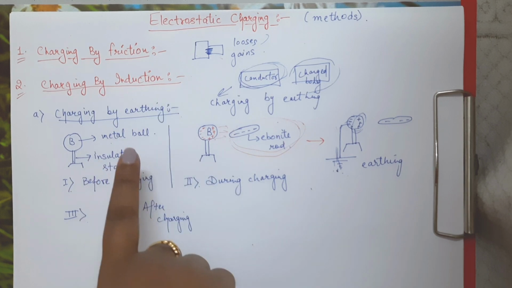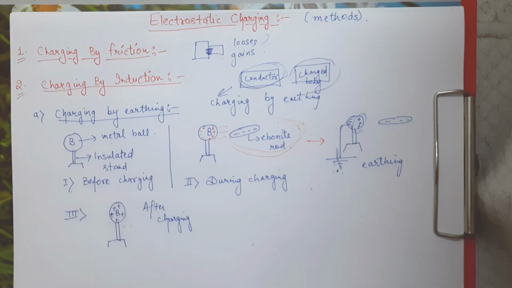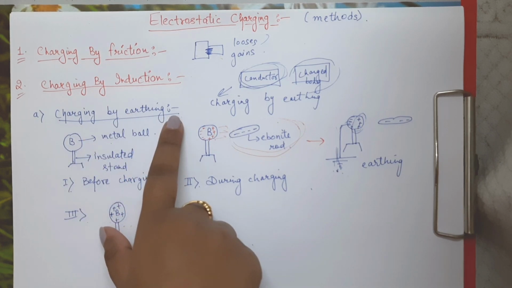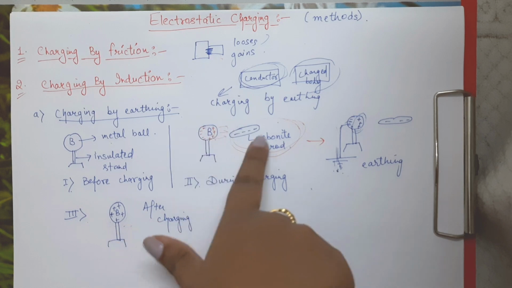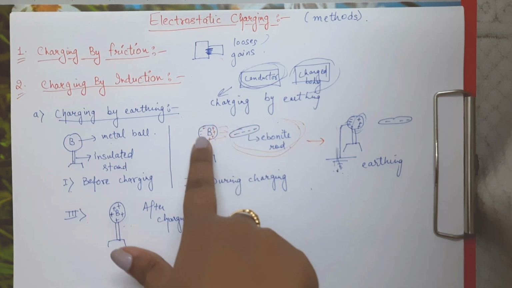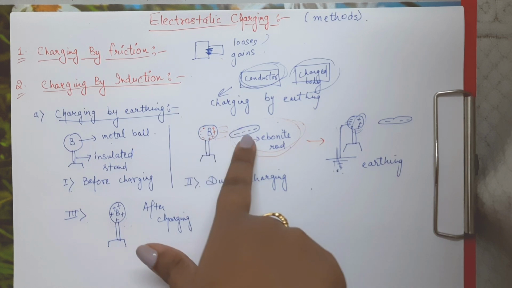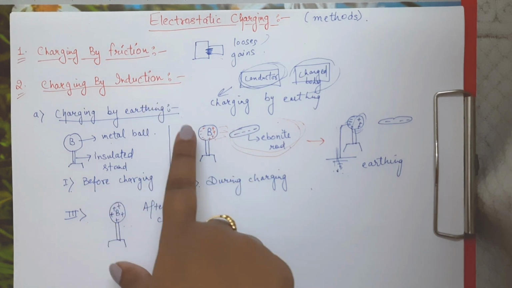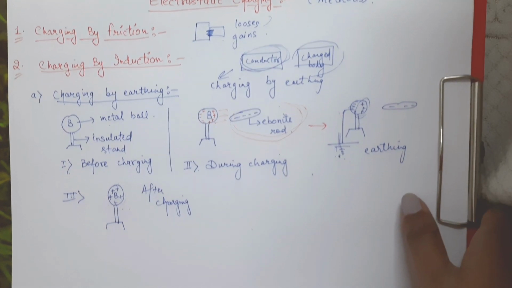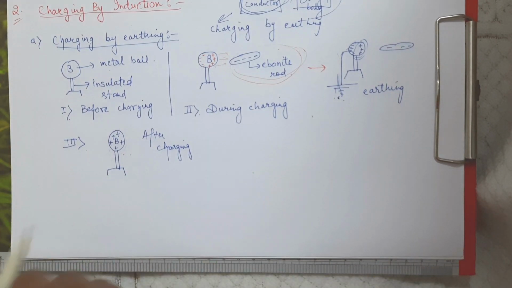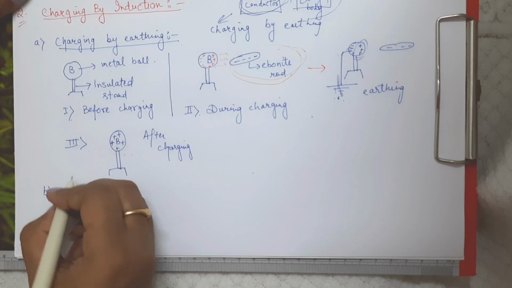So under induction, we are going to discuss three of the ways by which you can do the method of charging. First one being charging by earthing. So in this case, induction has happened here, right? So this is known as the process of induction, in which due to this negative charge, this redistribution of charge happens. So using this induction, we are going to study two more methods. Second one being charging by separating conductors, and the third one is charge separation by polarization. So now we are going to discuss a little bit about charge separation by polarization.